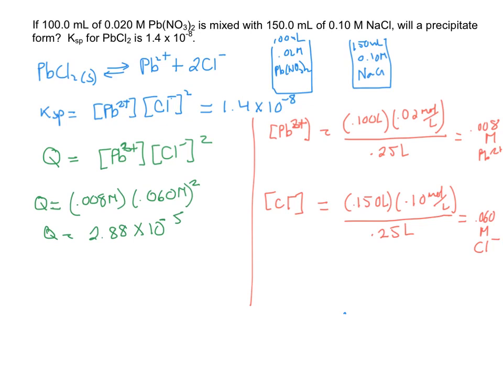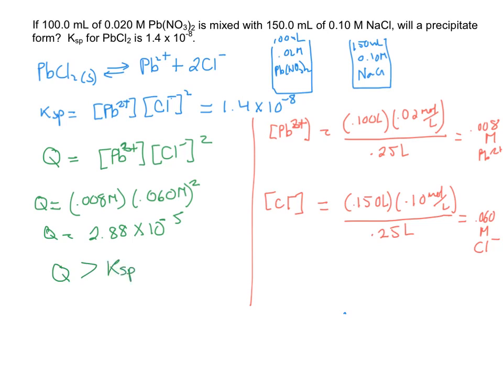Well, if when you multiply these two together, the Pb2+ times the Cl- squared, if you get this value, then you're at equilibrium. So that's when it starts precipitating. So what you do is you compare Q to this value. You compare Q with Ksp. So in this case, is Q equal to, greater than, or less than Ksp? So in this case, it's much larger than